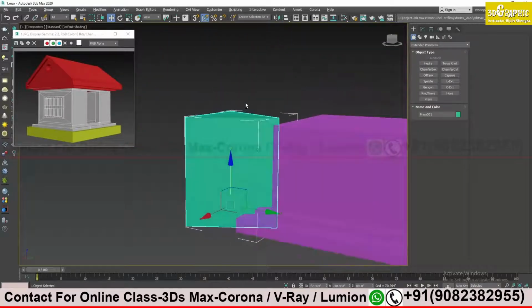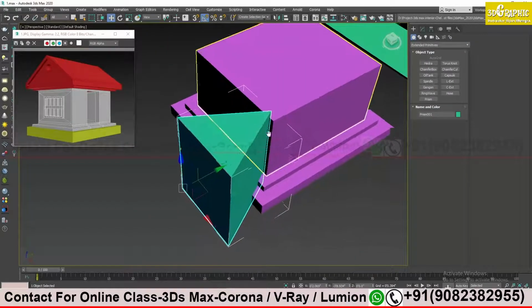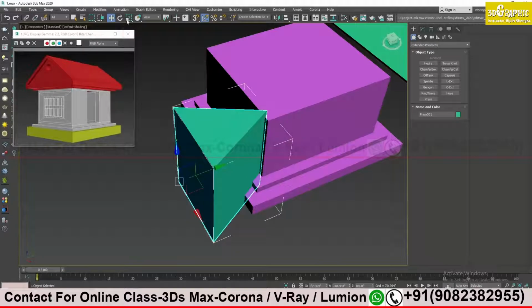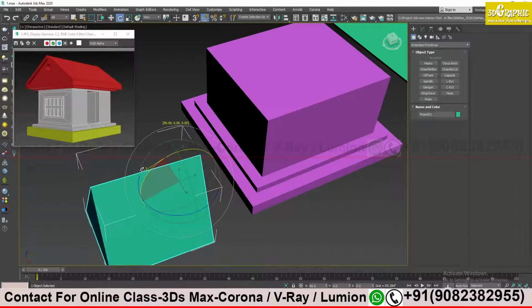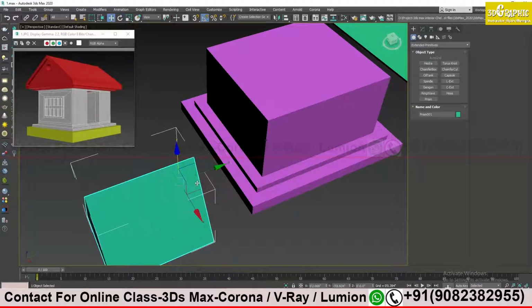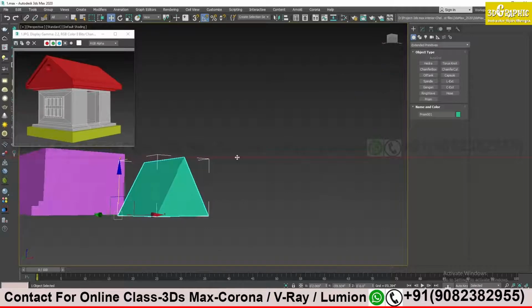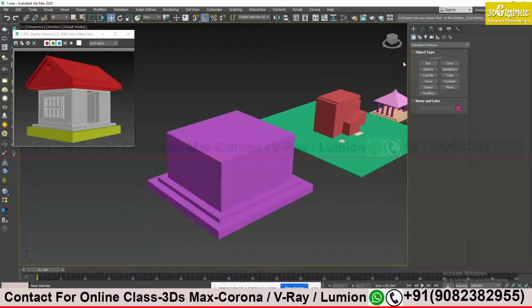Luckily, I only have to rotate it now. See, what I did toward my right, on the object's right side, I have basic shapes. By default it is standard.